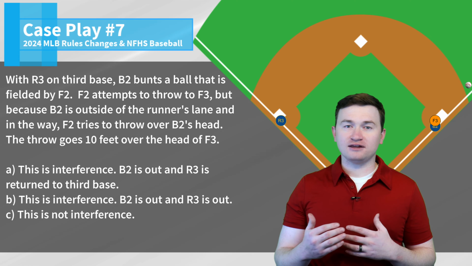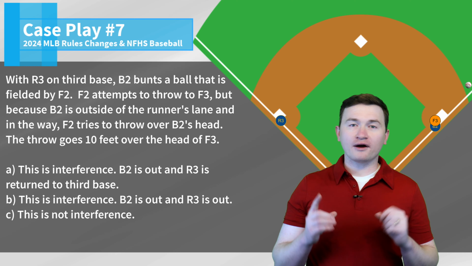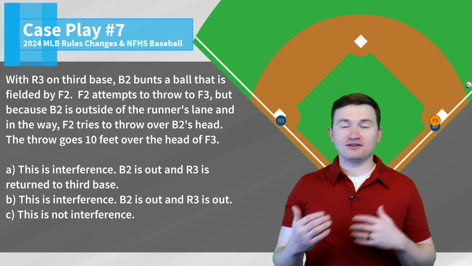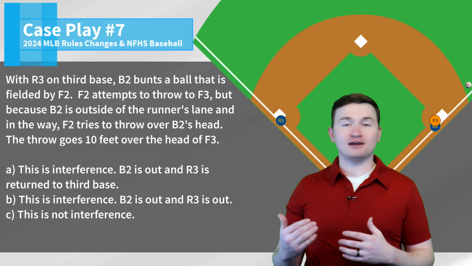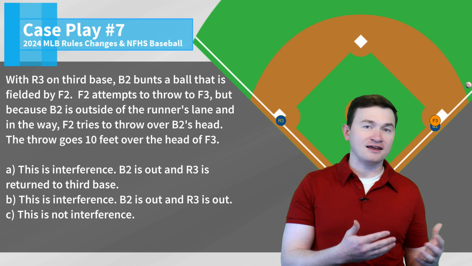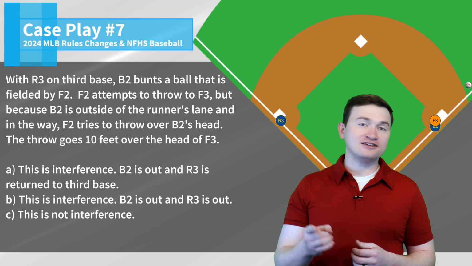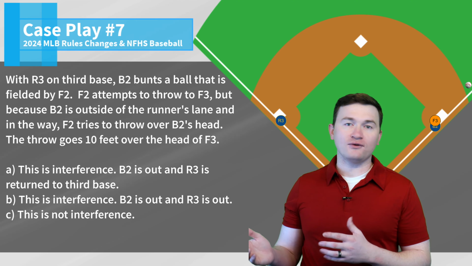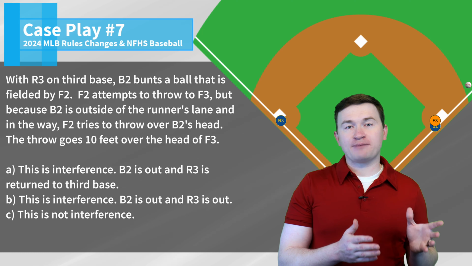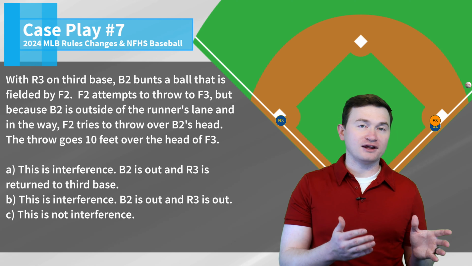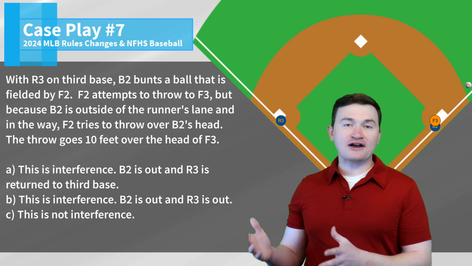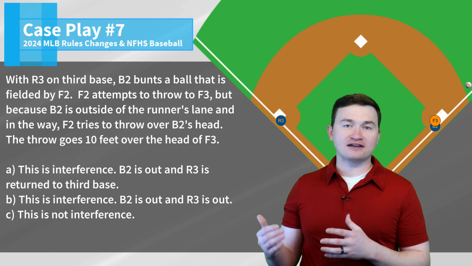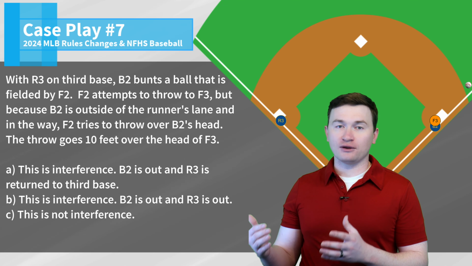However, at the high school level, if the runner being out of the runner's lane impacts the first baseman's ability to field the thrown ball, or affects the catcher's ability to make this throw to first, for example, causing him to throw it 10 feet over the first baseman's head, in that scenario, that is interference. And so that's the big difference between the high school and the professional level. At the high school level, it's interference if it impacts the throw or the first baseman's ability to field the throw. And at the professional level, it only matters if it affects the first baseman's ability to field the throw.